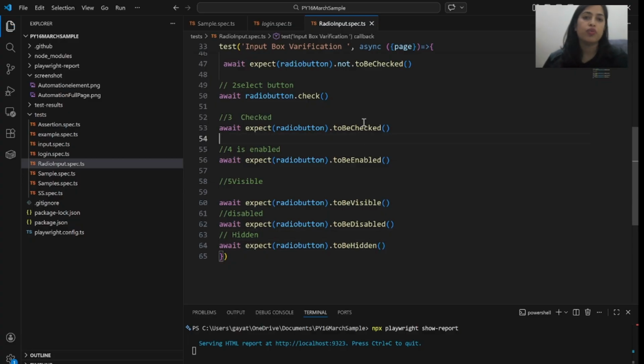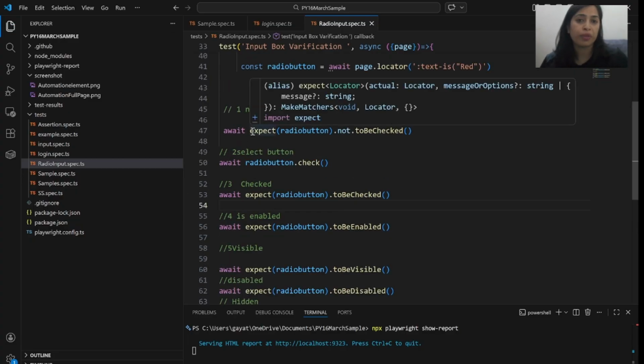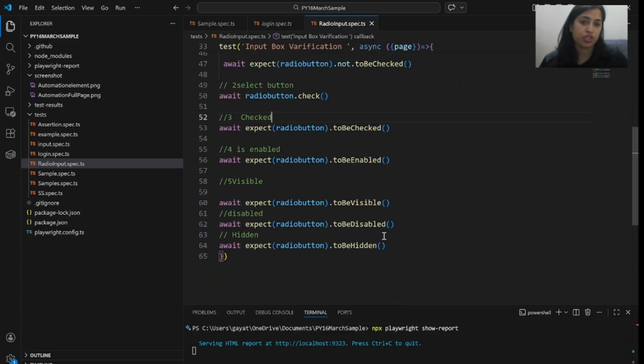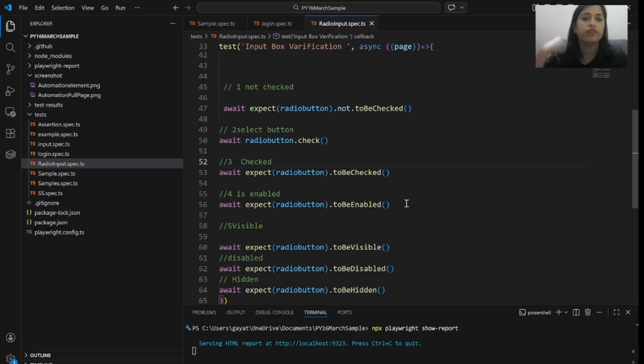So to automate the radio button in a good way, we are putting these assertions or validations here, right? Now the first one is to be checked. Before checking the radio button, we are making sure whether the radio button is checked or not. Then we check the radio button, and we verify that this functionality is working or not.